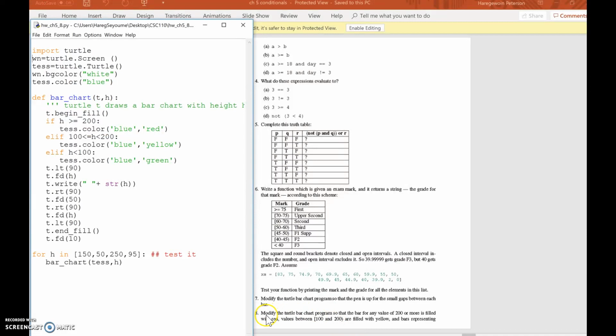Right here it says: modify the total bar chart program so that the bar for any value of 200 or more is filled with red, values between 100 and 200 are filled with yellow, and bars representing